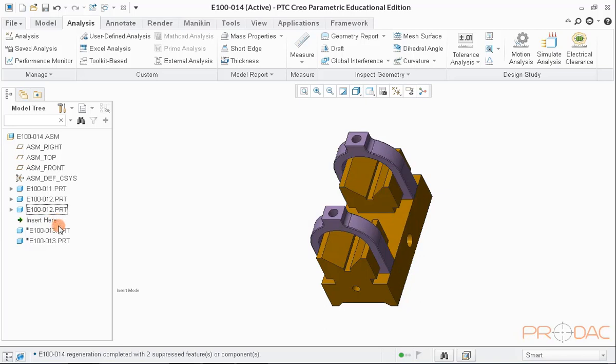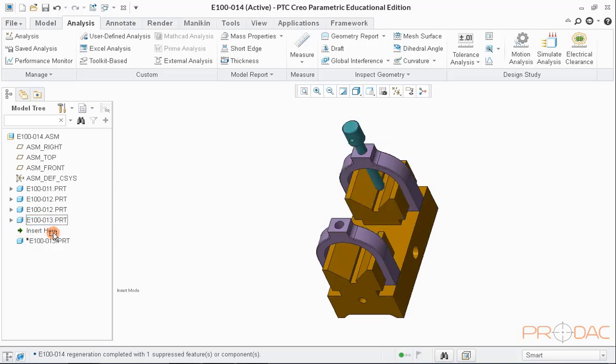And the third part is 013, which is again used at two places. So, this way we have three unique parts, which are 011, 012 and 013, but total number of parts in the assembly are 5.